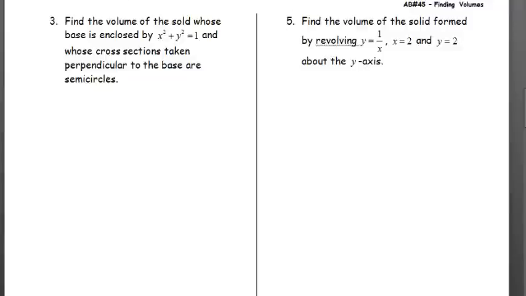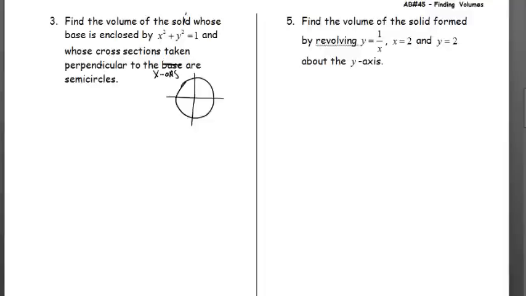Right, for example 3, I'm going to draw a circle centered at the origin with a radius of 1. So basically drawing the unit circle. All right, we see there's a typo in here. So find the volume of the solid whose base is enclosed by this unit circle and whose cross sections taken perpendicular to this should be x-axis,